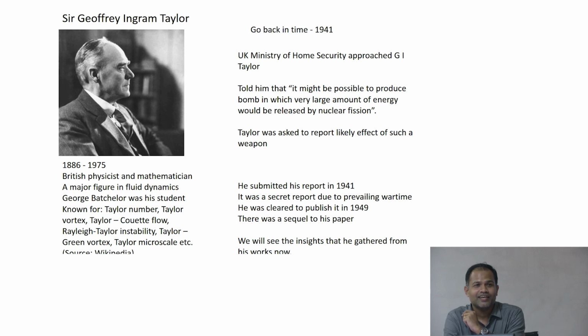So now, why this story at all suddenly? There is a famous name associated with it, and that is G.I. Taylor. We have already heard this name, right? When we talked about Taylor Couette flow. This guy was a fluid dynamicist. He is famous for several things in fluid mechanics. So you heard about Taylor number, Taylor Couette flow. There are lots of other things like Taylor's instability, Taylor vortices, Taylor scales, and so on. So a lot of things he has contributed.